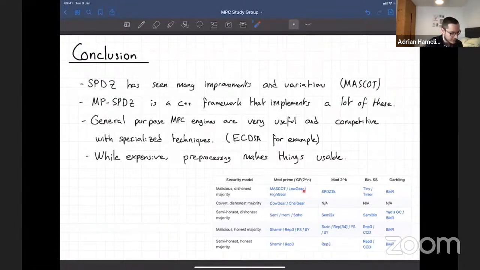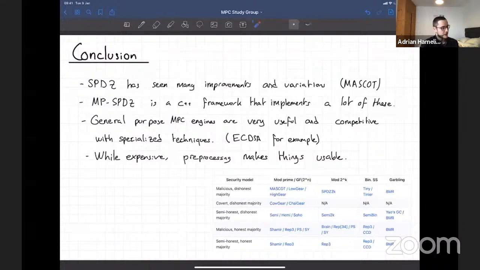You see there are many variations of SPDZ, particularly MASCOT and all these other ones, which have different properties, as you can see here. This is from their GitHub, by the way, which explains what they do. It's interesting because it's general purpose, so you can do a lot of complex computations with it.